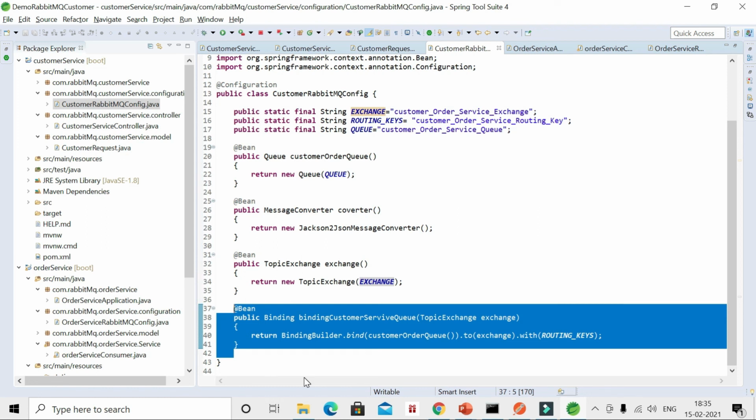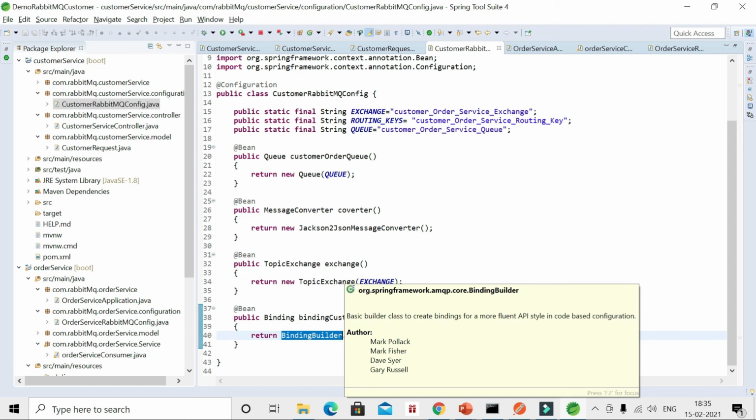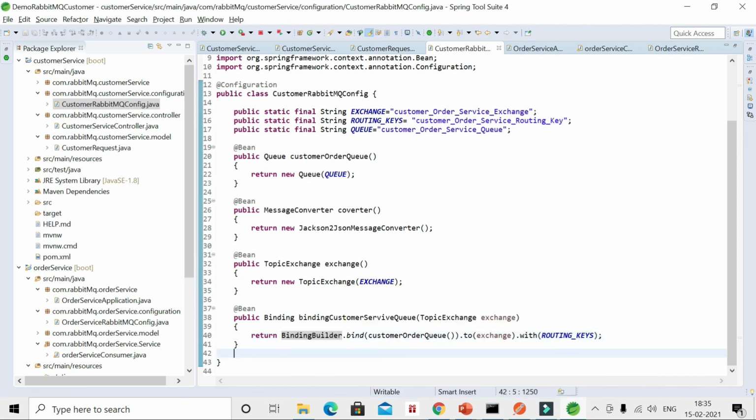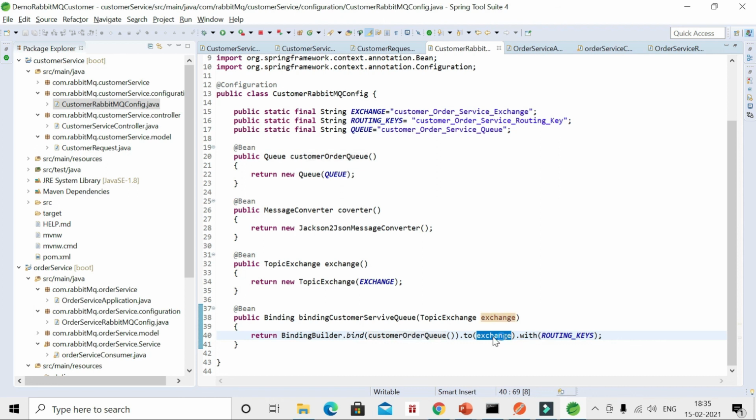To bind we use BindingBuilder, which has a method called bind, where we give the customer order queue, then the exchange, and the routing key.